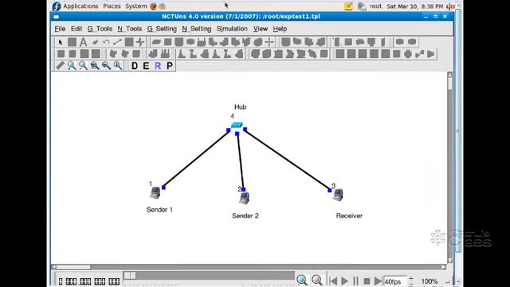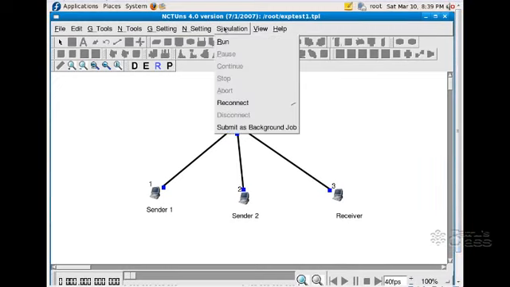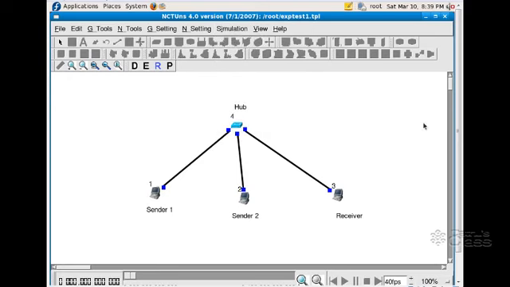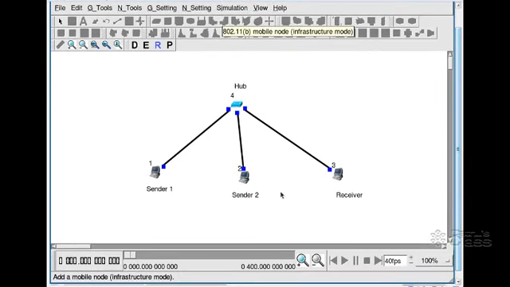So go to simulation tab. Click here. Click on run. So simulation will be running for 20 seconds and the clock will be ticking here. So it will run for 20 seconds. So we need to wait until the simulation engine runs for 20 seconds. So we will be pausing the video.